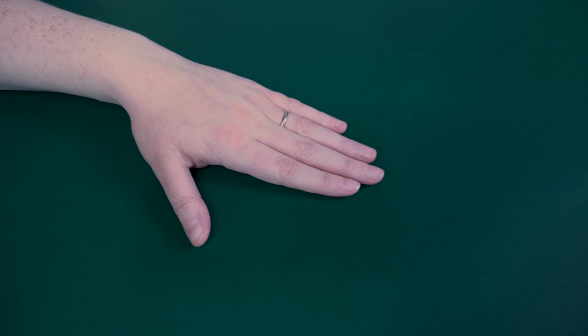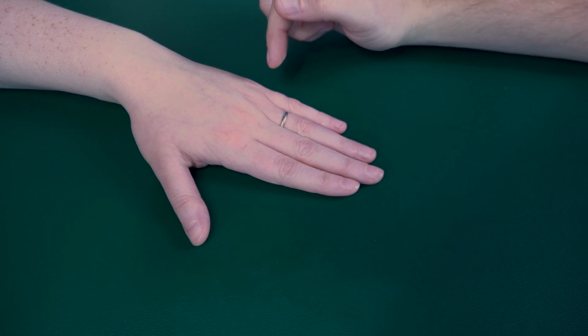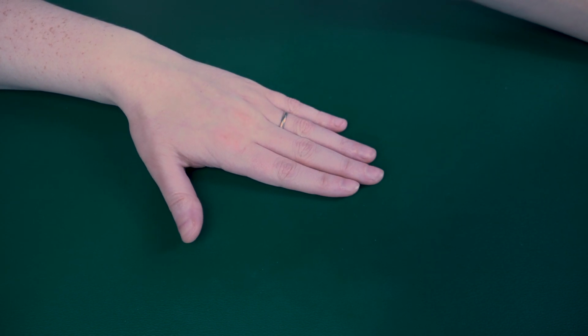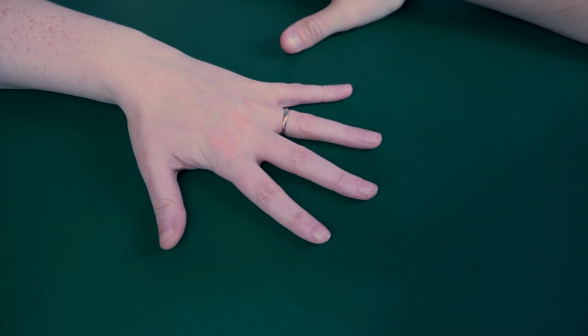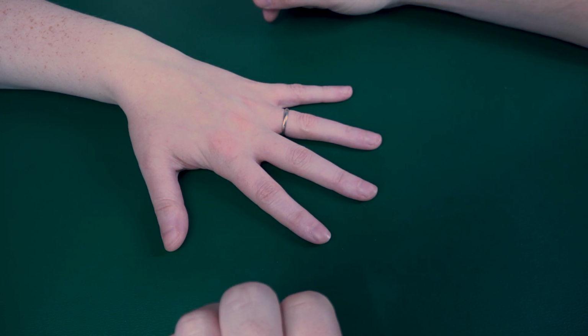Testing MC abduction. Patient's hand will be on a flat surface or table as shown here. The first thing you'll have your patient do is perform full abduction of all of her MC joints. So go ahead and spread those fingers out for me, Rach. There you go. Now, because she was able to do this, we know that she is at least a grade